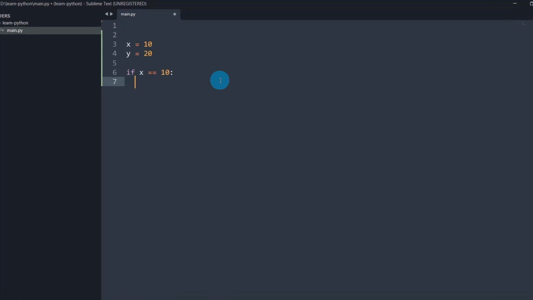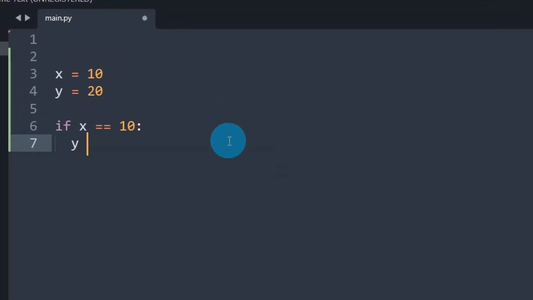Let's say if x equal 10, I want to assign y to 30, and I'm going to print something: the value of x equals x.